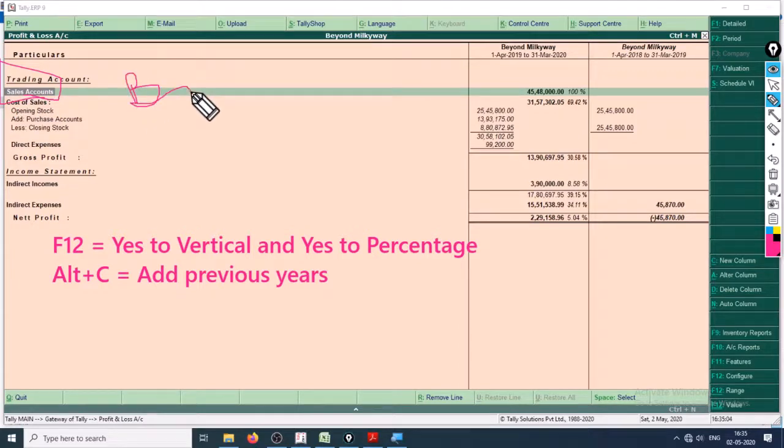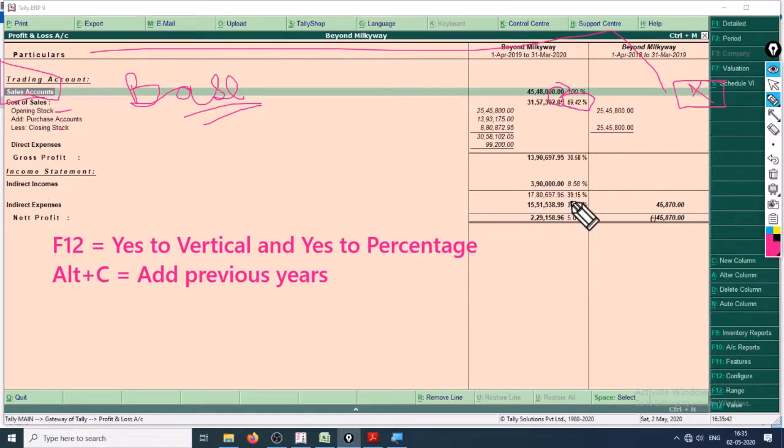So right here you can see the base is always sales. In the profit and loss account, the base is always sales because everything right here is happening for sales only. Now there is no percentage right here in the previous year. Why? Because there is no base, hence they don't have anything to calculate the percentages on. Cost of sales, that is 70%, is expended, 70% out of 100% is spent on purchase less stock. Okay, this is the cost of sales.